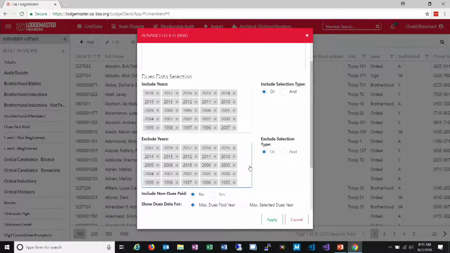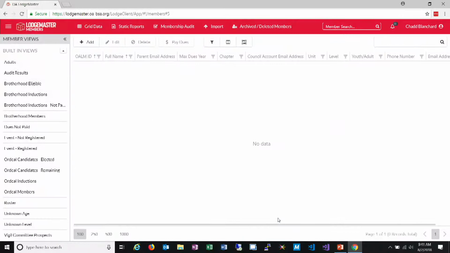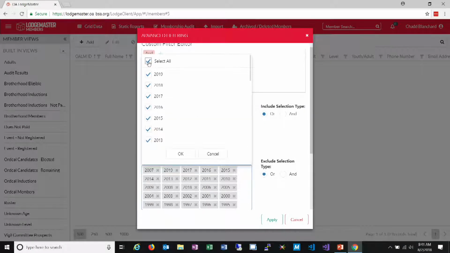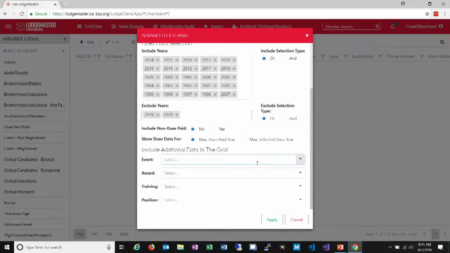But what do you get in there? Well, we don't have an error there because, at this point, it hasn't actually queried the database. If I run this, there's nothing there because I excluded everything that everybody paid. But you could then go in and, if I just wanted to exclude these people that paid this year and next, so they paid ahead,